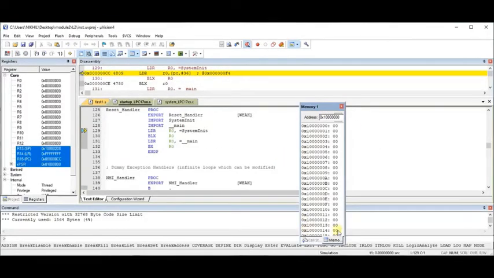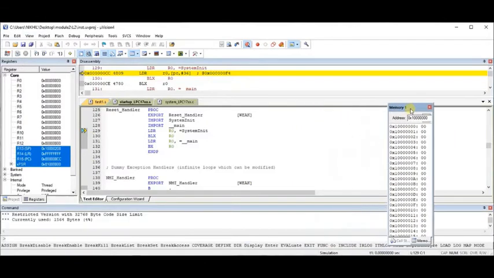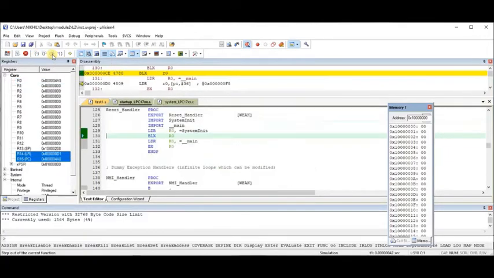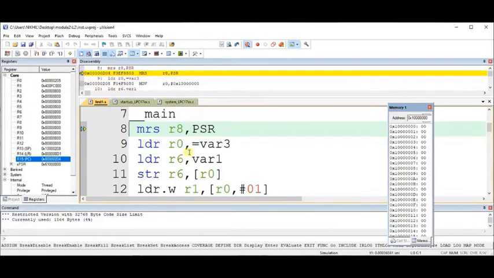This is the memory window that you are seeing. Normally it appears at the bottom here, or you can go to view and then memory window, and we can have multiple memory windows side by side. I just take it here for a while. Now we want to check the PSR, but before that, see here which program is running. Startup programs are running, so you have to click on this 2 times and then on this 1 time, so that it will come back to your main program. From here it should jump to the main program. Click single step. Now it will come here.